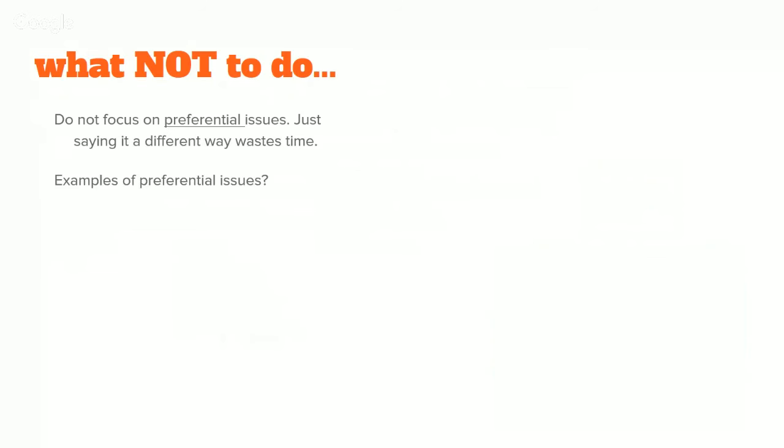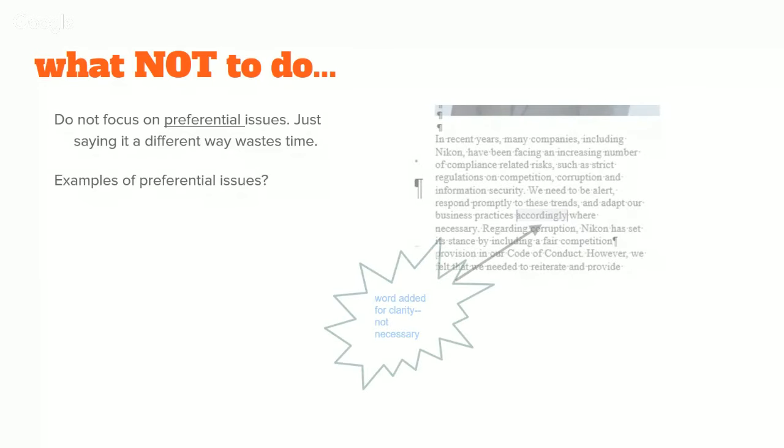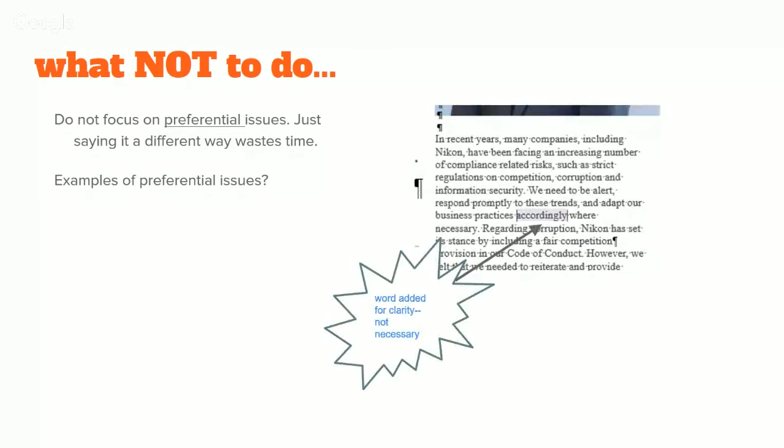I actually had an English source here. I don't know how well you can see this. This was a document written in English, but by someone who was not an English speaker, so they asked us to go through and edit it so that it flowed better. But I noticed the editor added extra preferential terms. Here the editor added the word "accordingly." Before, it said, we need to be alert, respond promptly to these trends, and adapt our business practices where necessary. I think that reads just fine, but this editor added the word accordingly,